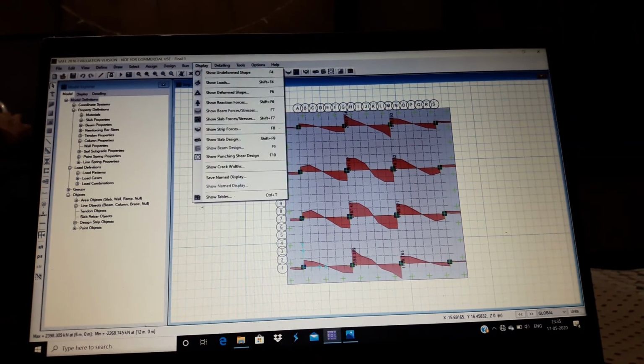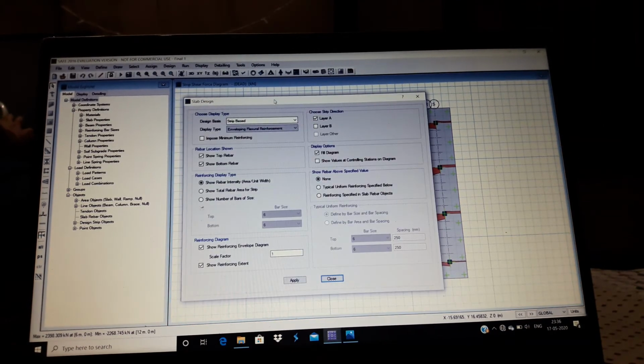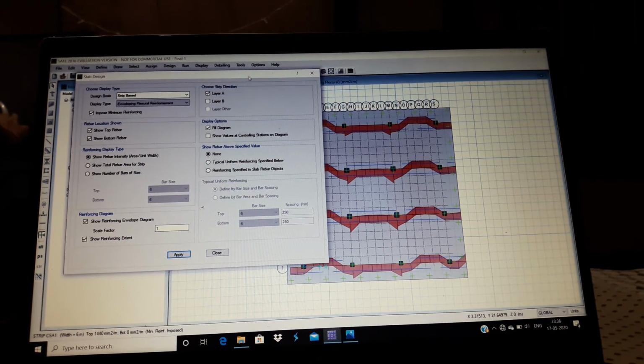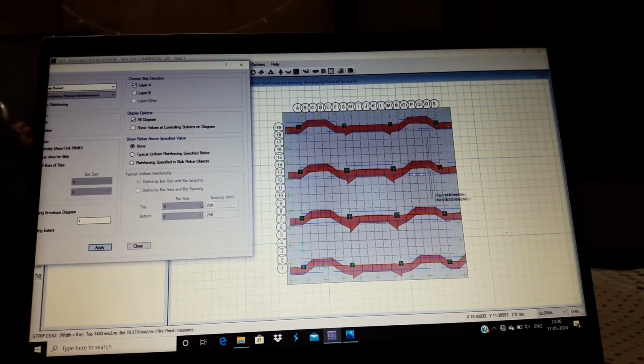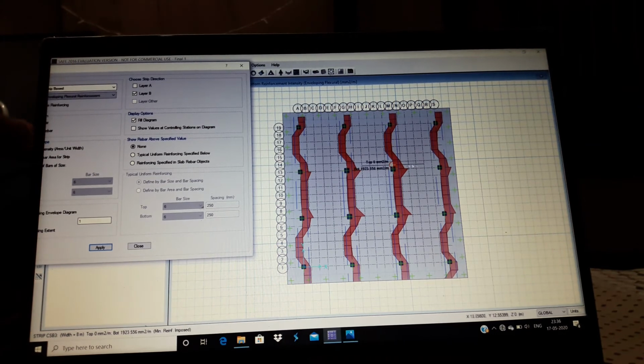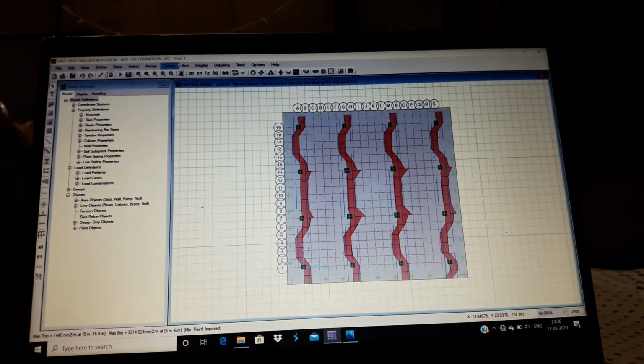Now click on display option again and show slab design. Here you can click on impose minimum reinforcing and then apply it. You can see here the diagram. You can click on layer B2 and then apply it in order to check the variations and then close it.